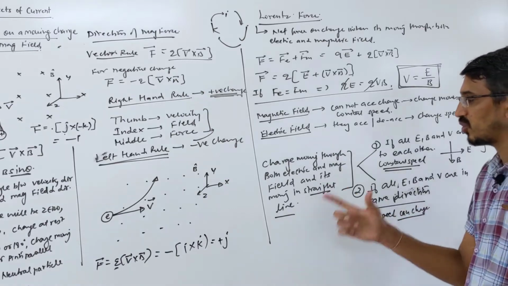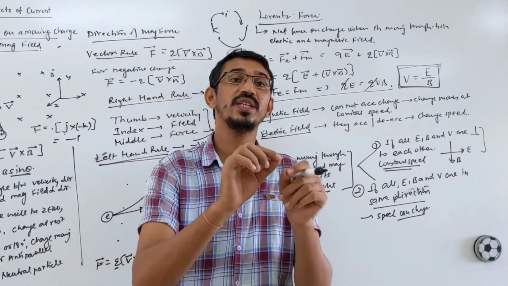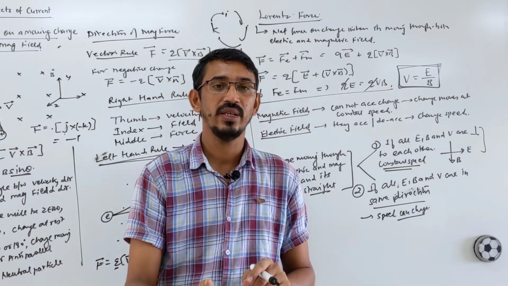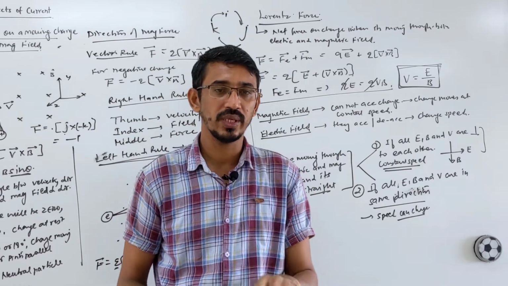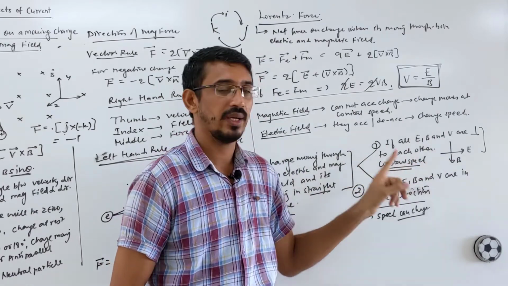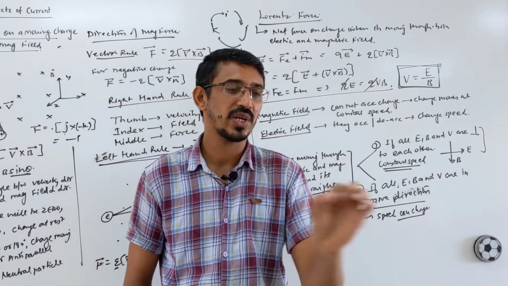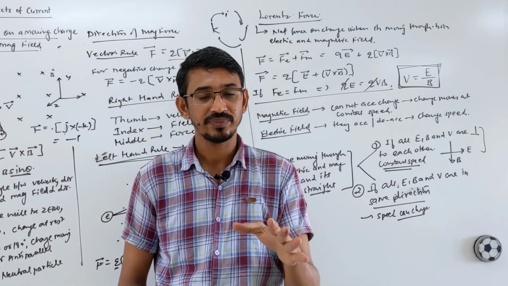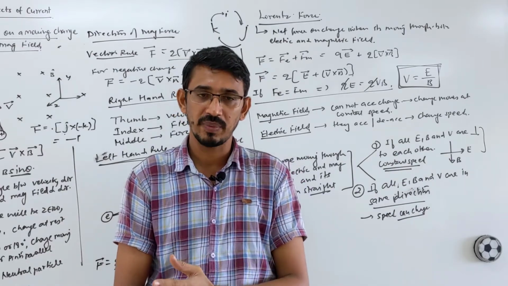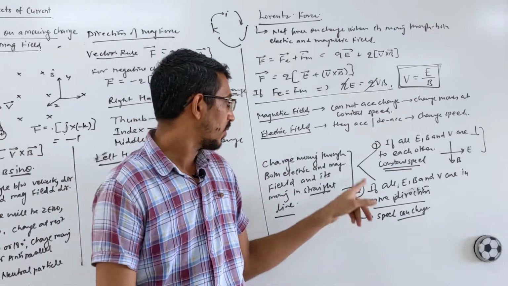Listen carefully. What is the question? A charge is moving through electric and magnetic field and it's moving in a straight line, it's not deflecting. There are two possibilities for this. Either electric field, magnetic field and velocity are all perpendicular to each other, then the charge will move in a straight line. Best example of this is our light, photon. Electric field and magnetic field are always perpendicular and the photon goes again perpendicular to both of them, right? Our other possibility is what?